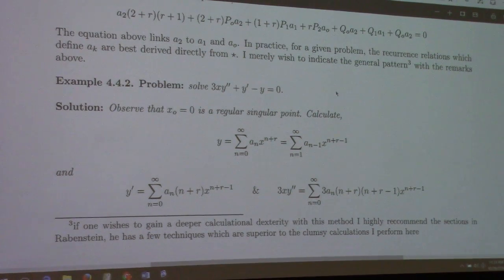See? So in this problem, it just so happens that multiplication by x on this term puts me to the n plus r minus 1 power, right? And the differentiation, of course, naturally goes to n plus r minus 1. And if I shift the index on the Frobenius solution, I can also have x to the n plus r minus 1. So then when I get to this point of plugging this, and that into that, then I've already got,